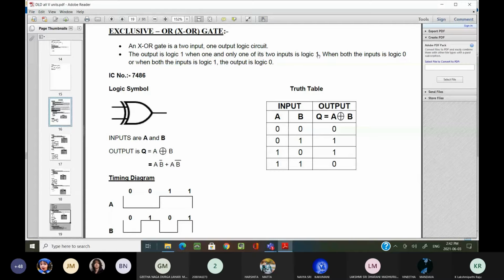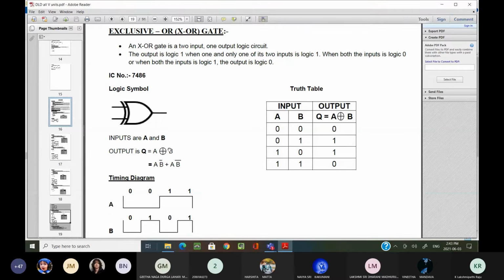You can understand this XOR gate like this: if you see an odd number of ones. Suppose it is a 2 input XOR gate. Here I don't see any odd number of ones, so the output is low. Here I can see an odd number of ones, so the output is high. Here also I can see an odd number of ones, output is high. Here I can see an even number of ones, output is low. In that way you can understand the XOR gate. This XOR gate is used to find out the odd number of ones in a given circuit.